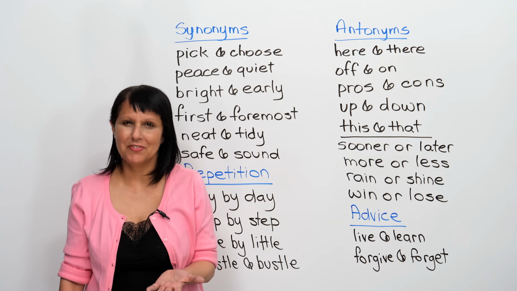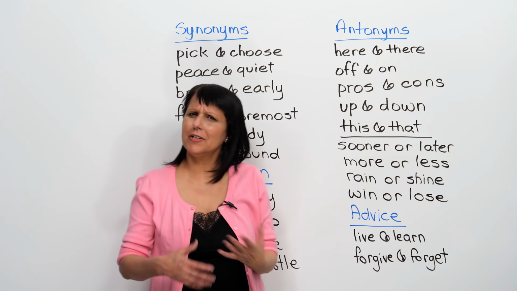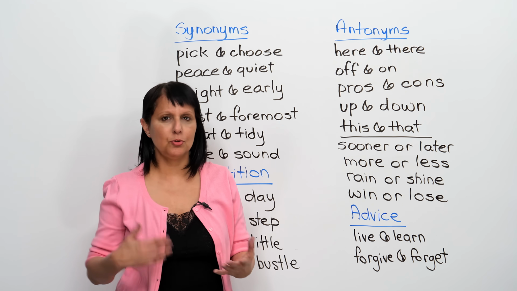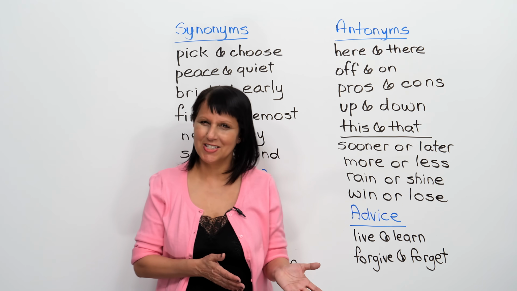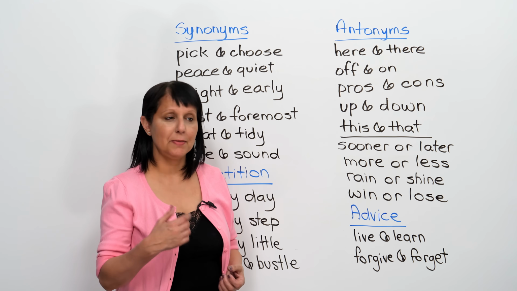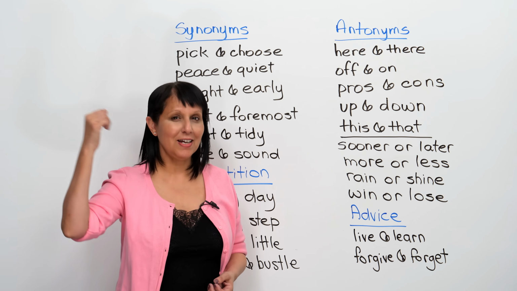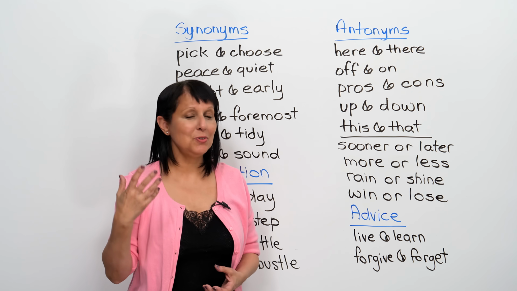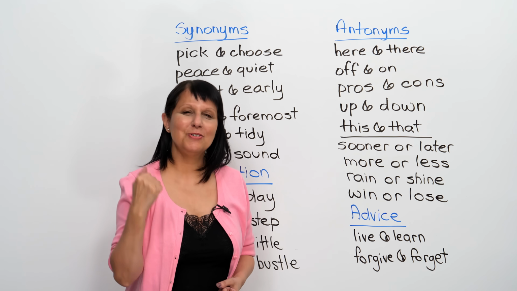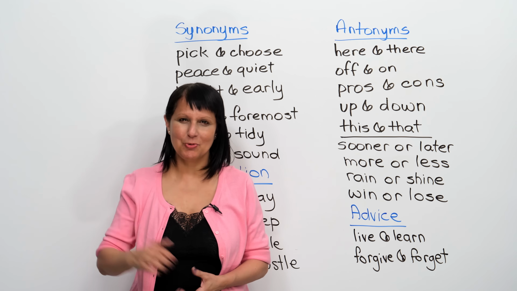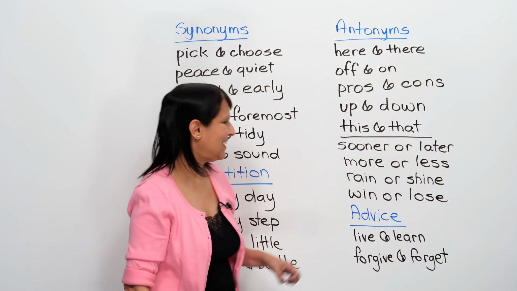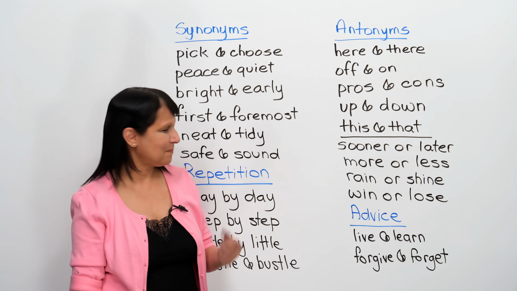You've probably heard some of these. I'm sure you've heard them because these are very common everyday expressions. If you watch TV, you'll definitely hear them being used on TV shows and in movies and so on. Okay? Sooner or later. That means one day. So you could say, for example, sooner or later, I will know English very well. Sooner or later, I will speak English well. Sooner or later, I will write very well in English. All right? So that's how you could use that.